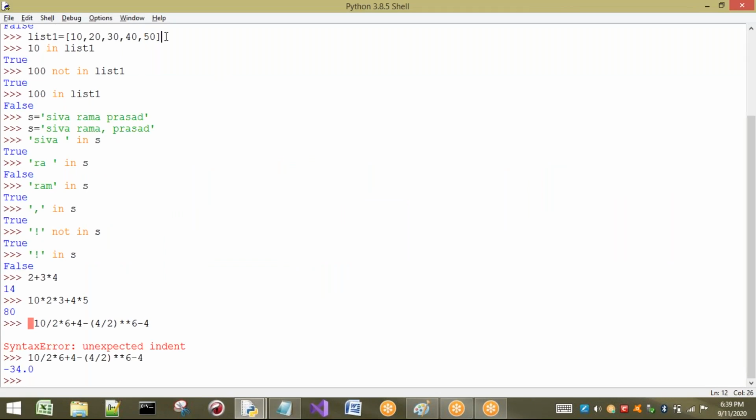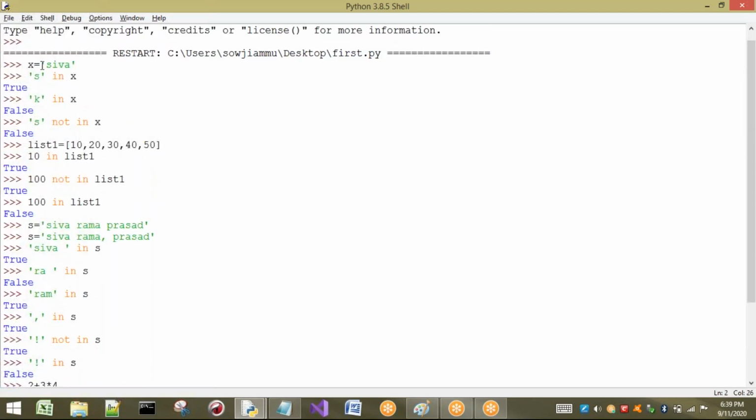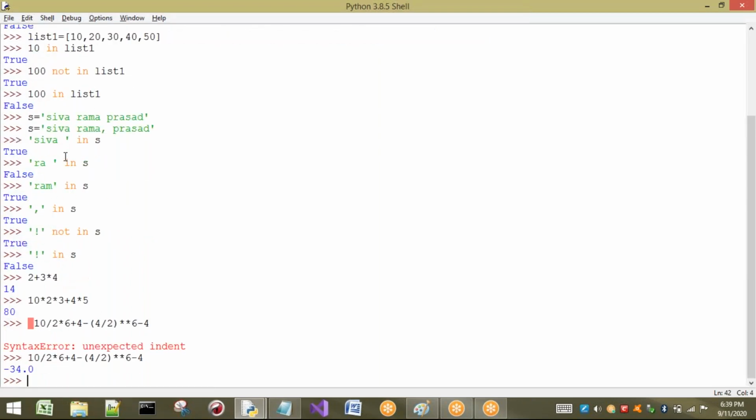In the same way, what is the X value here? Shiva. That is taken statically. From the keyboard, I have not taken anything while running the program. So from now, by using the function called input, I am going to read the data values from the keyboard. Now let us see how to use this input function. So what is the function name?